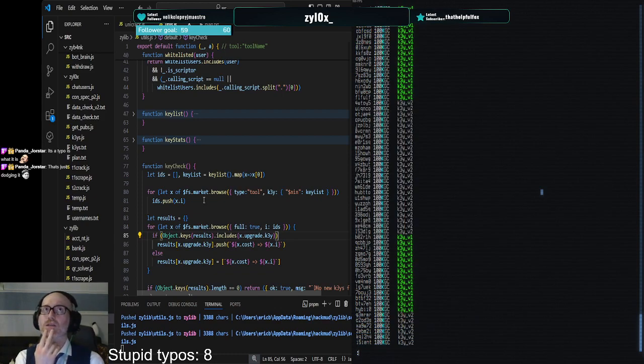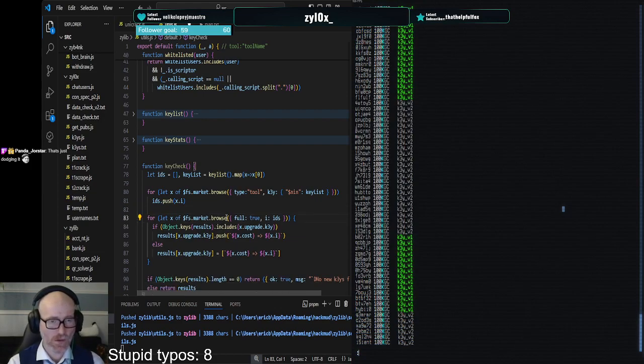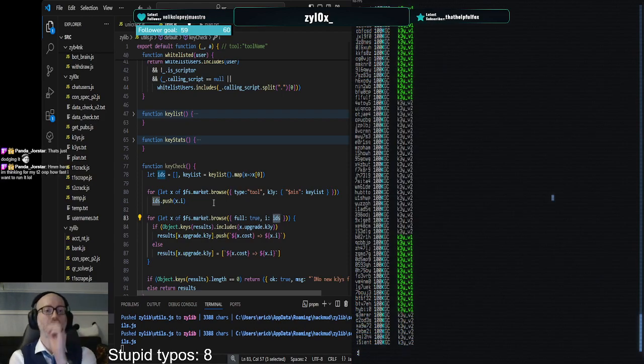So I want to select the first of each of the keys. So let X of market browse. I is IDs. So this will give me the full data on all of the keys that I just found. But I don't want that. I just want the